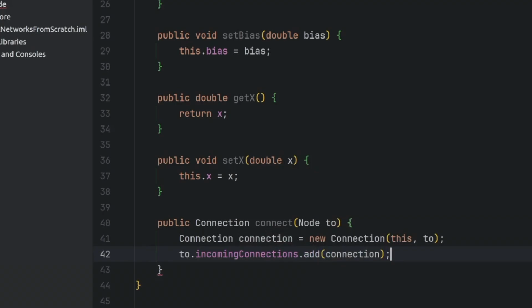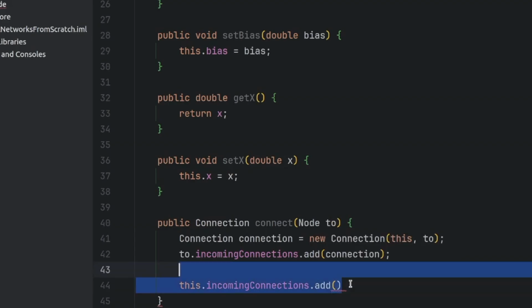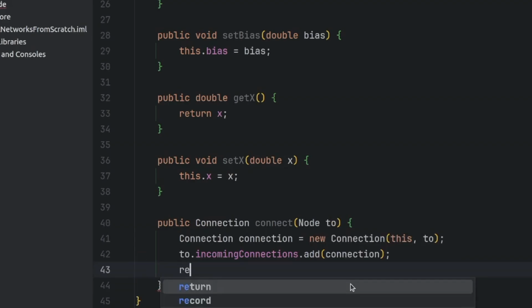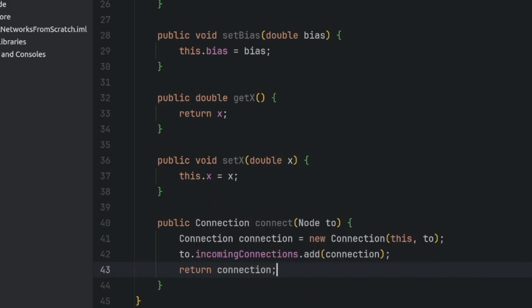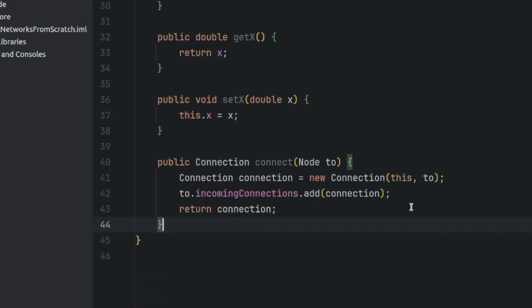It's a very easy mistake to make here to say this.incomingConnections.add, but that would imply a right to left direction instead of a left to right, which of course would be pretty wrong. And we can just return our connection, and we're all good. From here, we can